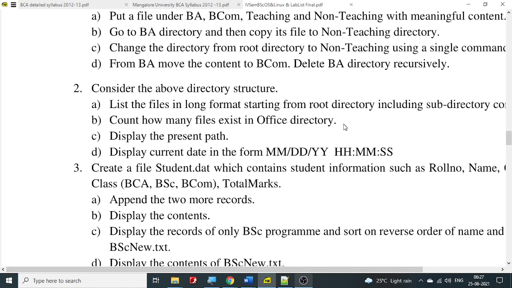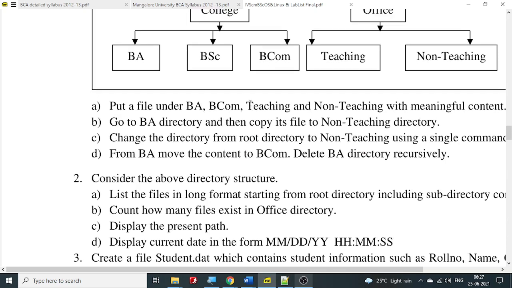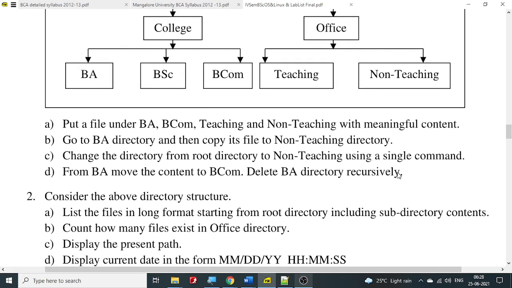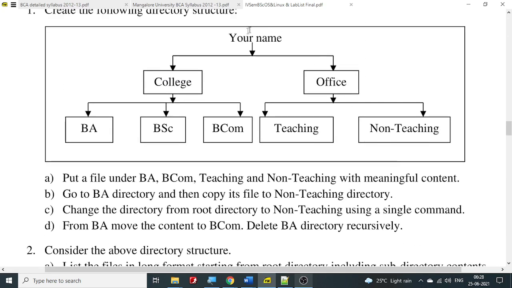Let us look at the second problem in part A, and the problem reads as follows. Consider the above directory structure. That above directory structure is the directory structure that we have created in exercise 1, which consists of your name, that contains two folders, college and office, and there are three more folders inside the college and two folders inside office, and we have created